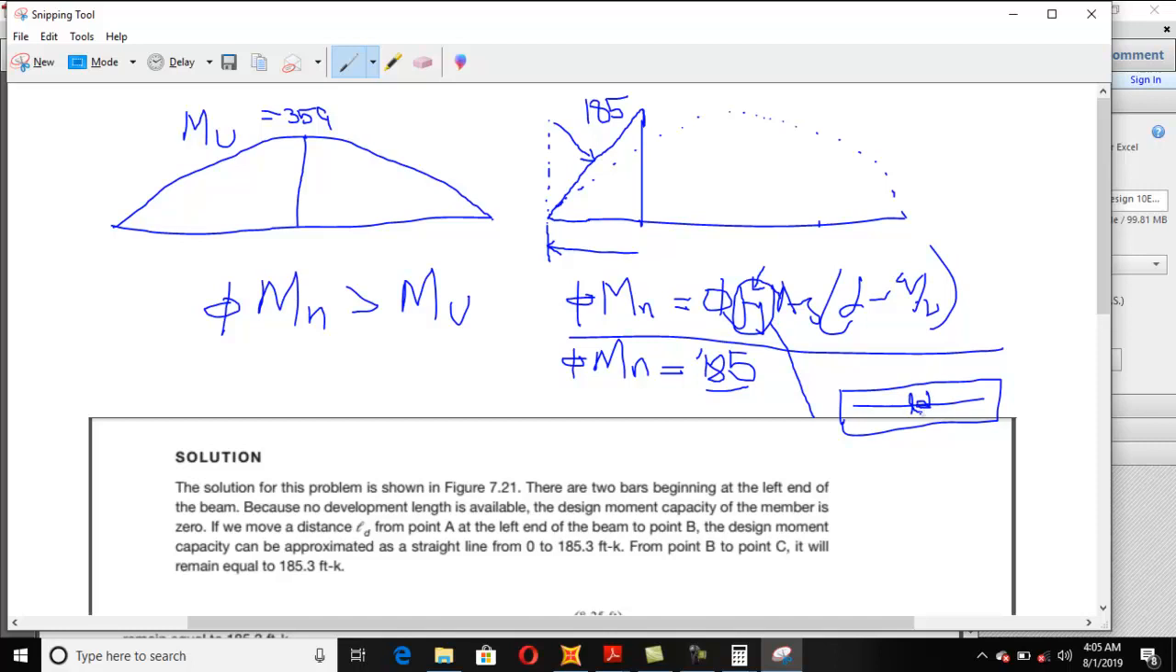If a bar is not embedded for a development length, it will not give you the stress that is equal to Fy. Okay, so therefore I select this point. Clear? Now at this point my stress must be equal to Fy. If not, then the moment capacity will not be equal to 185. It should be clear, and that is the point which we are basically